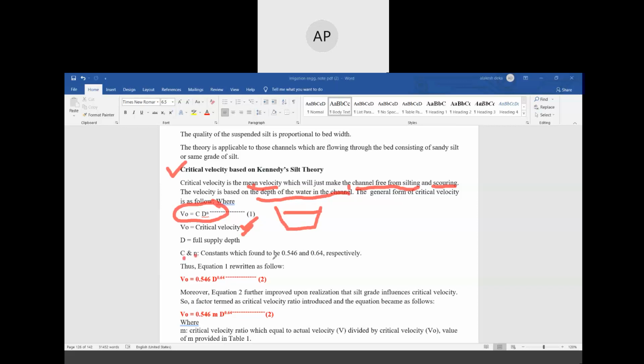And he found the constant C value equal to 0.546 and small n value 0.64 respectively. How he found that is not available, but he found these constant values to be 0.546 and 0.64 respectively. Okay,